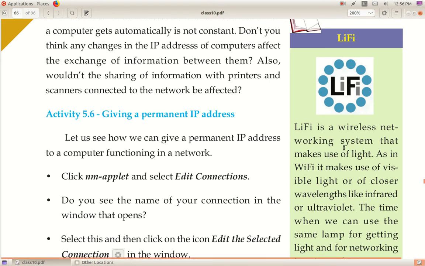When you switch on a bulb, you get the light, isn't it? That light is used to transfer data. LED bulbs enable data transfer. In the future, when you switch on a bulb, you will be getting internet as well as the light in your room.